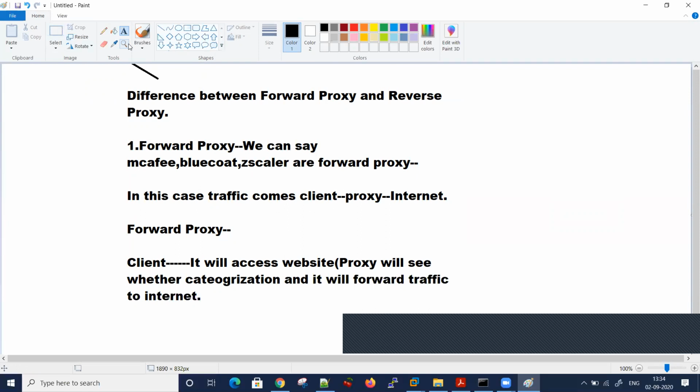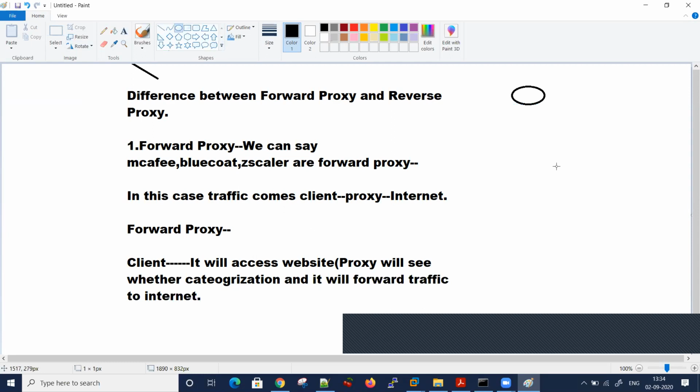So Amit, please tell me what is reverse proxy. I hope you must have cleared it now. First you tell me, then I will. I guess, if you protect anything from inside, meaning if the server is hosted inside, I guess that's the concept. So right now we discussed client, F5 and server, right?